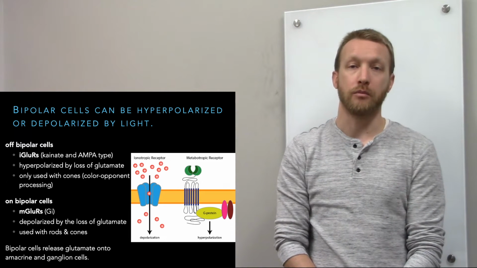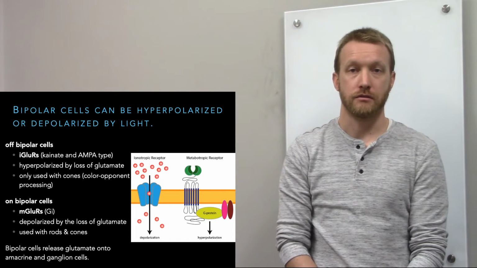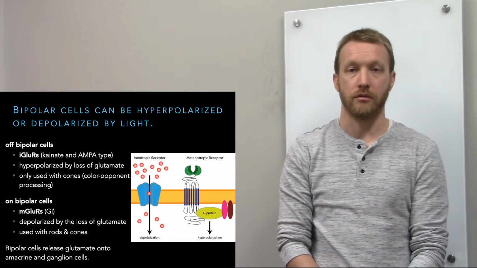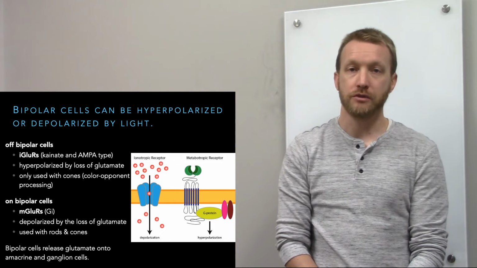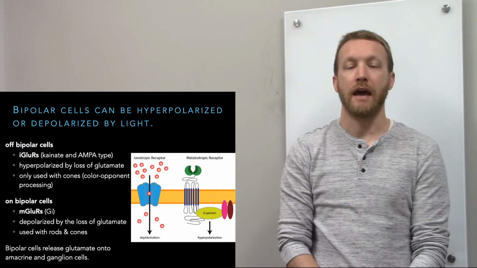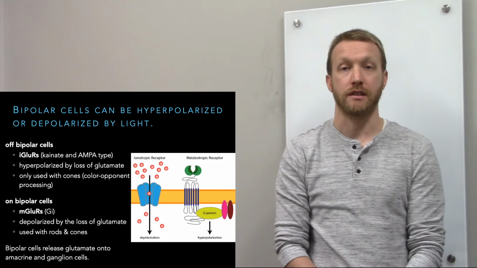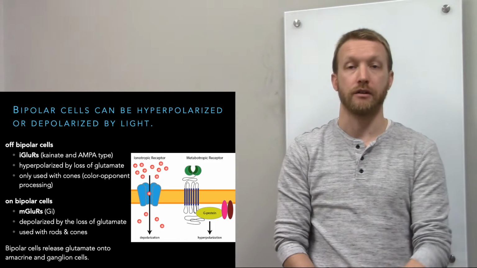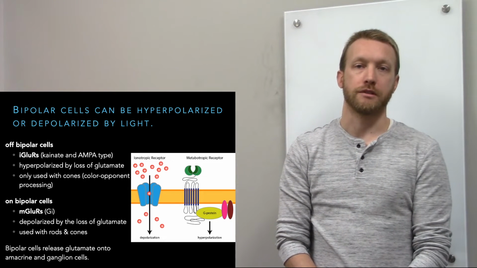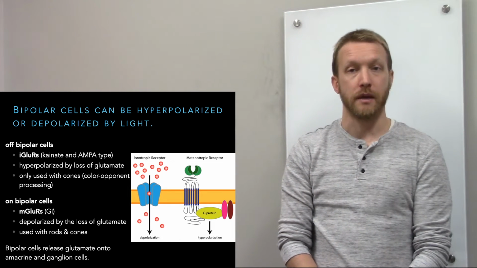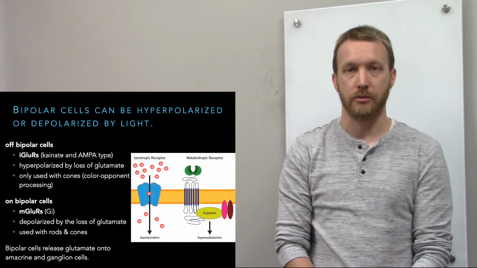You only find off bipolar cells attached to cones. Rods don't have them. There is no need. The reason we use them with cones is because we have to take into account the absence of certain wavelengths of light when we process colors. More on this later. On bipolar cells are turned off by glutamate because they have metabotropic glutamate receptors that are